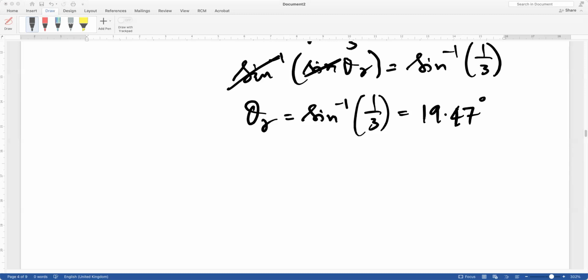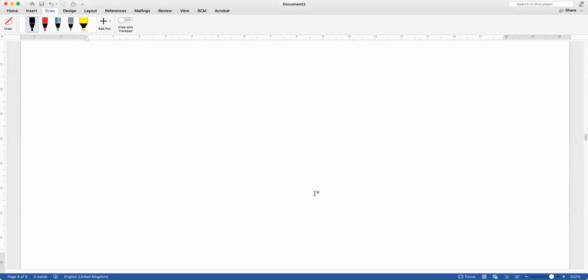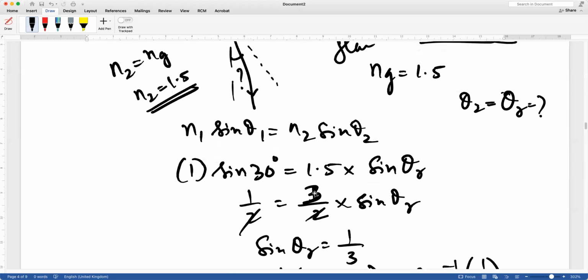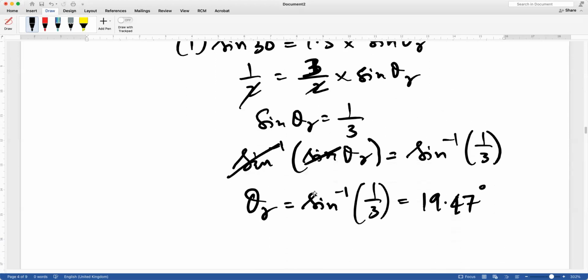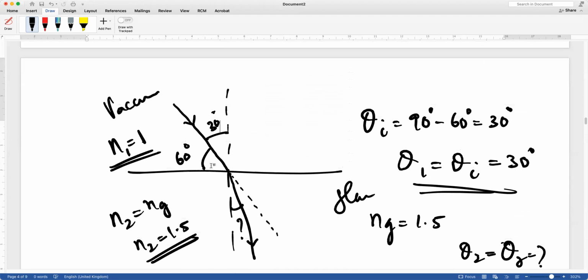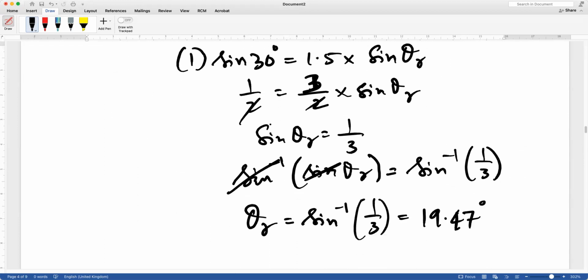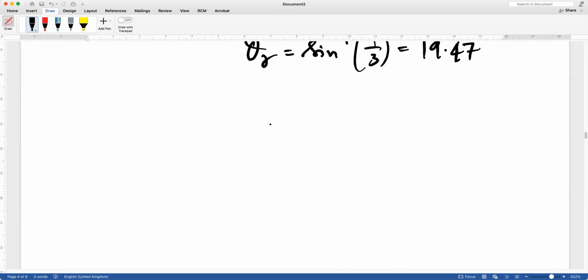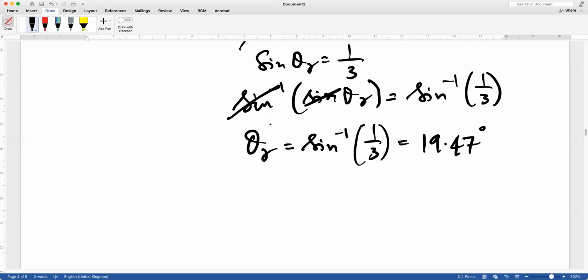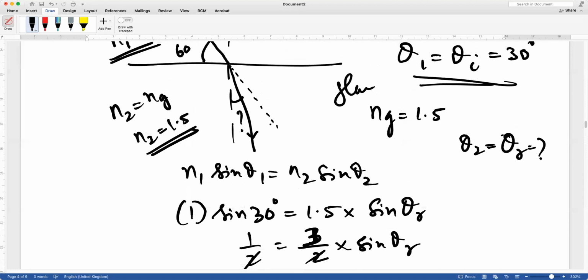Okay, so now we are here. We solved this problem. I know that a lot of students make the mistake when the angle is given with respect to the interface. They don't convert that for the normal, so be careful with that. When you get an answer, now you see 19.47, that should make sense